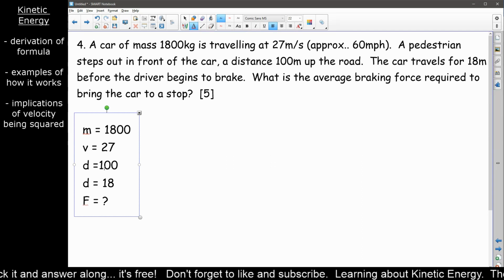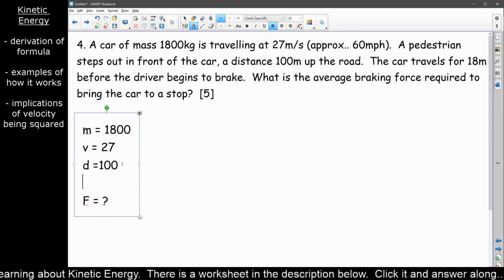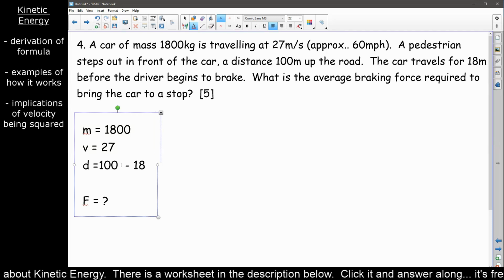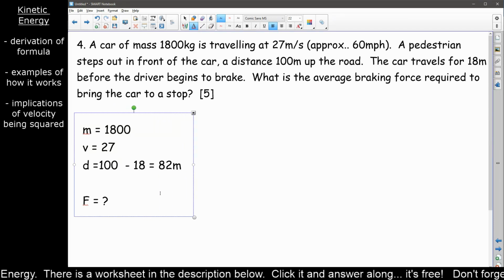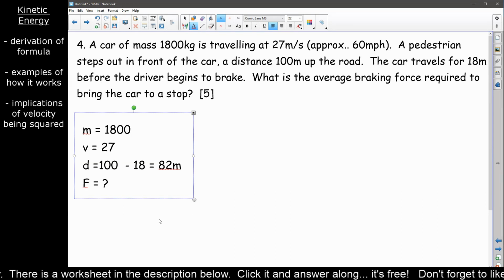Now the problem is we've got 2 distances, so let's have a little think here. The car travels for 18 meters before the driver begins to brake. So before the car actually starts doing any work, there's a reaction time from the driver. So we had 100 meters before we hit our pedestrian. Before we actually did anything, we travelled 18. So the distance isn't 118, it's actually 100 take away 18. And we have 82 meters to do all of our physics before this poor pedestrian meets the front of the